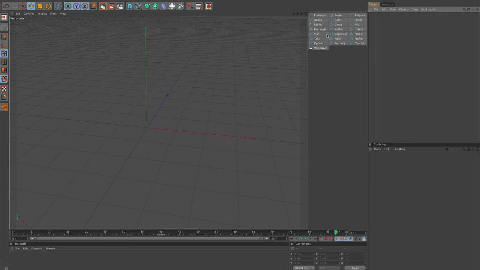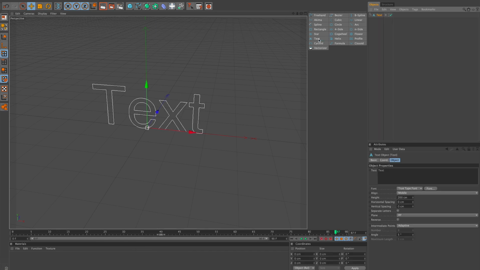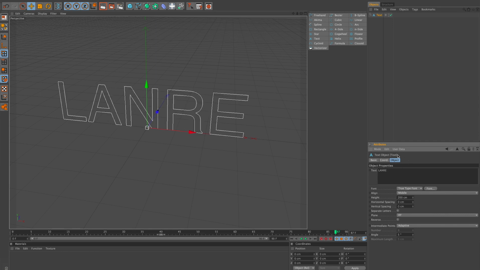Another very important one here is the text tool. So for the text, the text spline, I said text tool. So for the text spline, you can always change the kind of text. Let us write line ray. So now you see it changes it to line ray. You can always change the font type